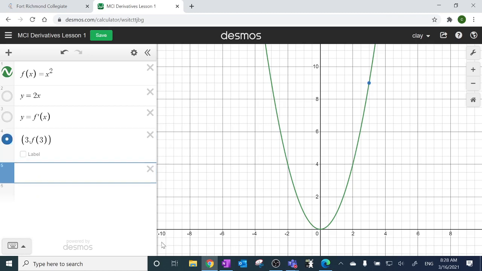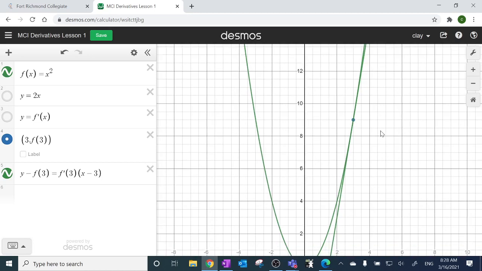And then, you know what I can do is I can show you the tangent at that point, right? I can very easily use the point slope form of the formula for a straight line and go y minus f of 3, because this is the y coordinate, so y minus the y coordinate equals the slope. And I already know that the slope is 6 at this point. But why don't I just use my derivative, f prime of 3, which is 6. So that's the slope, and then, of course, x minus 3. And there we go. We now have a tangent line at,